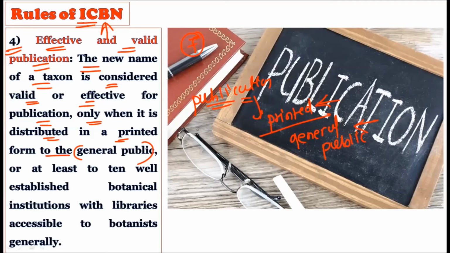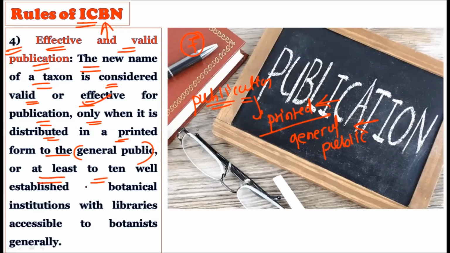Handwritten publication should not be there, and it should not be that this research paper or publication is not available to the general public. In such a case the publication is not valid. When the publication is valid, it should be printed and available to the general public. So the research paper or material should be in printed form and available to the general public. Then and only then can it be considered a valid or effective publication,